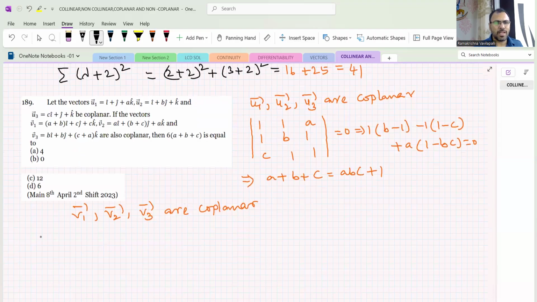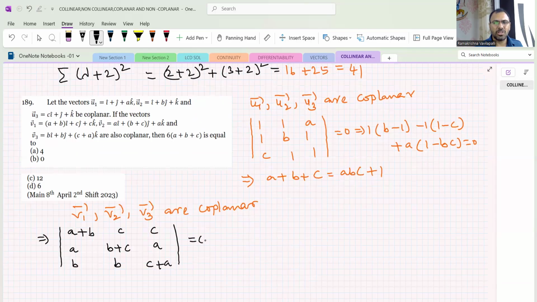So again, we have to apply the determinant for V1, V2, V3. The first vector V1 is A plus B, C, C, and V2 bar vector is A, B plus C, A, and next B, B, and C plus A